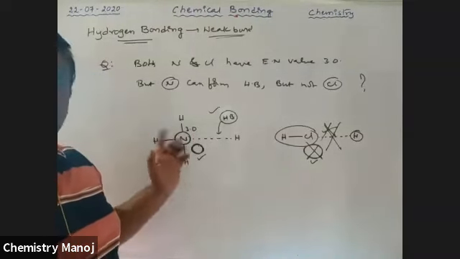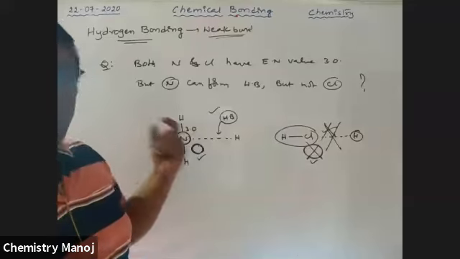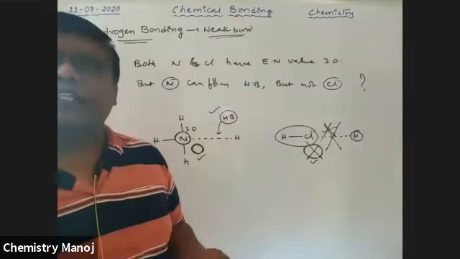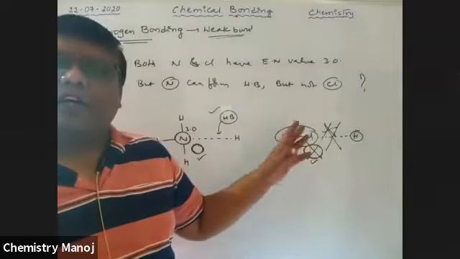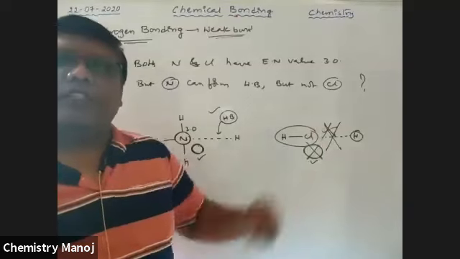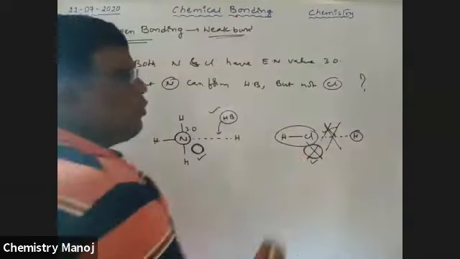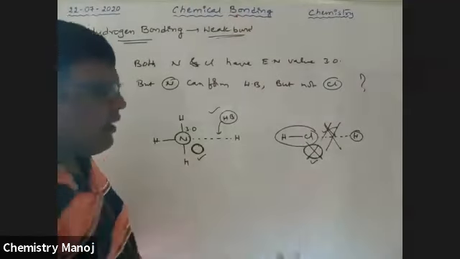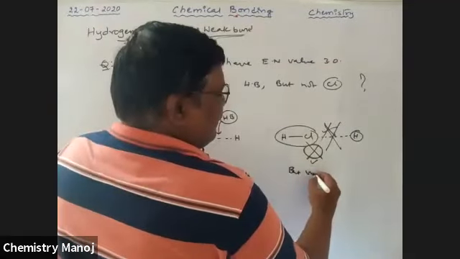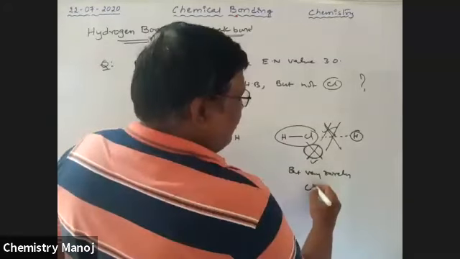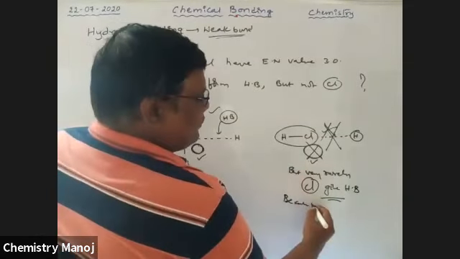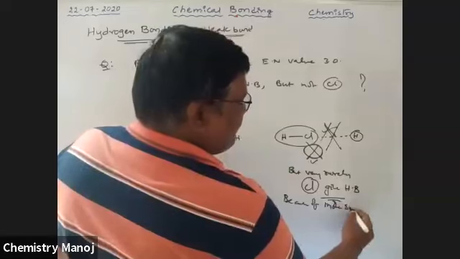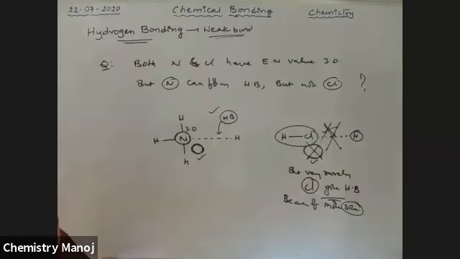Nitrogen can form because it has a small size. That means atoms must be small in size. Oxygen is a small atom, nitrogen is a small atom, but chlorine has more size. That is why electronegativity permits, but size does not permit the formation of that hydrogen bond. That's why chlorine generally does not form it, but very rarely chlorine gives a hydrogen bond because of its more size.